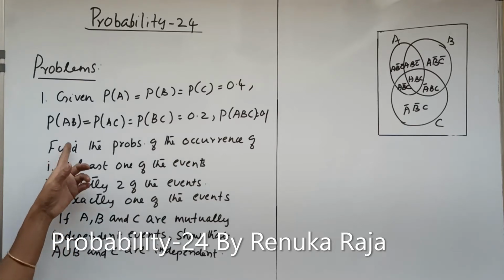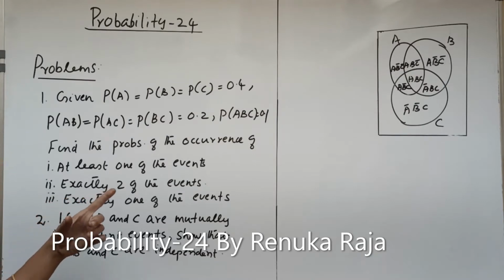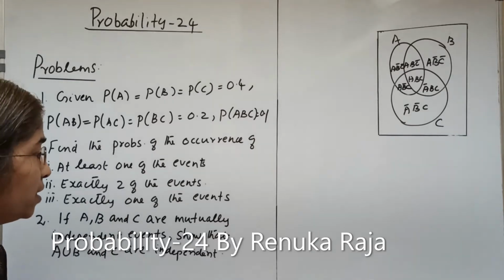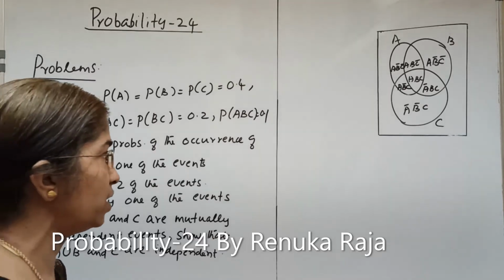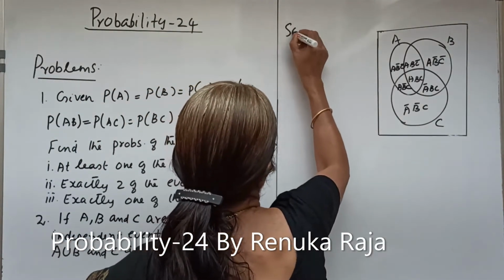P of ABC equal to 0.1. Find the probabilities of occurrence of at least one of the events, exactly two of the events, and exactly one of the events. Okay. So for the solution